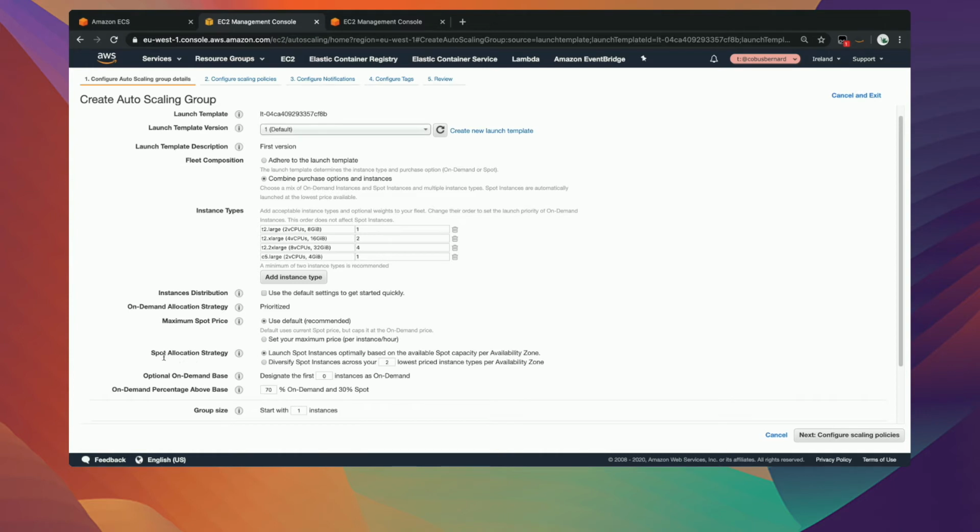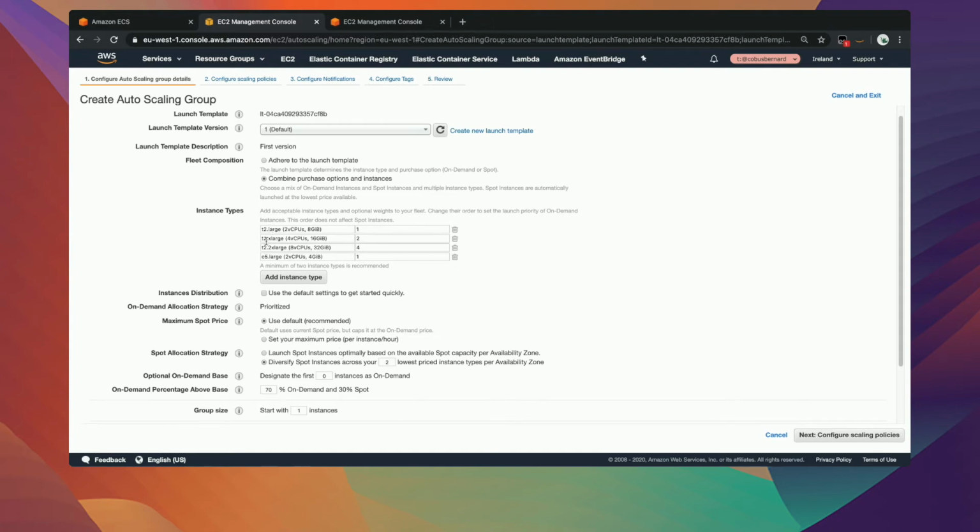We need to pick the spot allocation strategy. Now this is where we can choose between the instances to be capacity optimized or to optimize for the lowest cost. And when you pick the one for the lowest cost over here, you'll see that there's another variable in here that you need to set. What this indicates is the number of instance pools, or instance types, that you pick out of this list. So by specifying 2 for the spot instances that we're going to launch, we will only look at